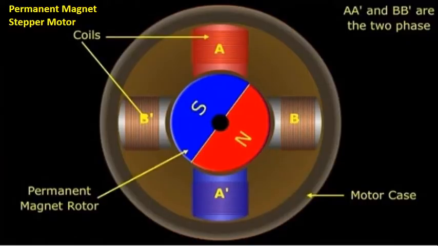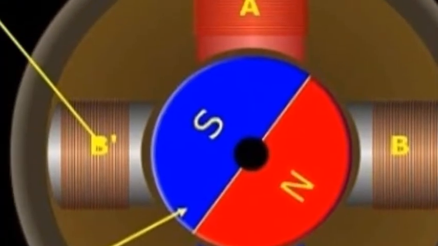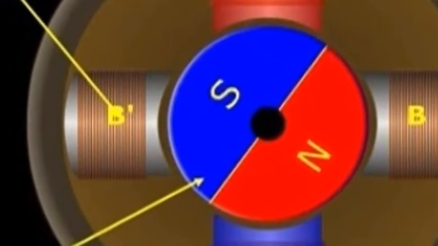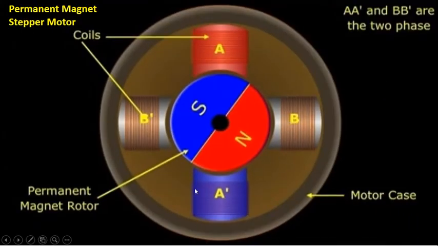Okay, now let us go further. What exactly is the permanent magnet stepper motor? As we know, these are the stator coils, and this particular middle part is called the rotor. These four coils are called the stators. Two stators with four ends, and each end has some coils. So they are called the stators.